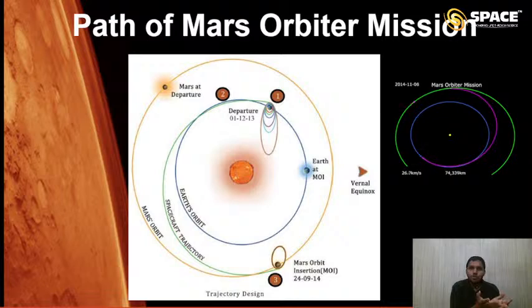So, to the departure on 1st of December, then we have to go around the sun. Okay, now this is the heliocentric phase. At that time, when the Mars orbital mission was launched, Earth was here, Mars is at this point. After 9 months, after 10 months, you can say, Earth will come somewhat over here, okay, and Mars will be over here since the orbit of the Mars is larger, orbit of the Mars is bigger, so it will be